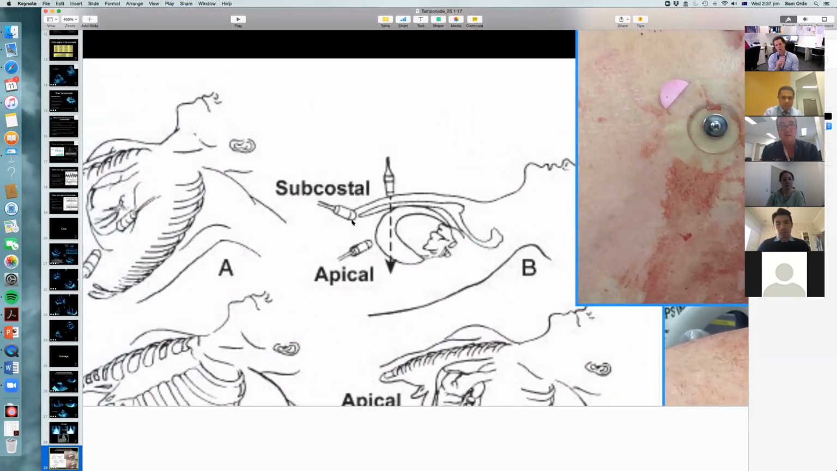So you can use your echo to guide you subcostally. The benefit of that is, each section has benefits and positives. If you go subcostally, you're always going to have about 5 centimeters to go through. You're also going to have to go through the diaphragm, which particularly in young patients can be really tricky to